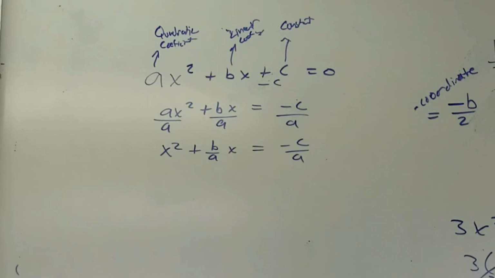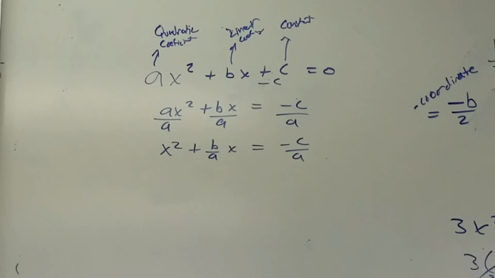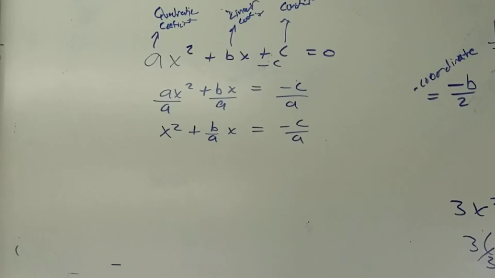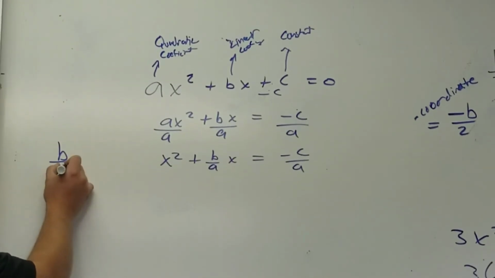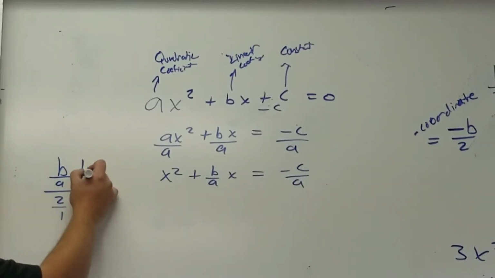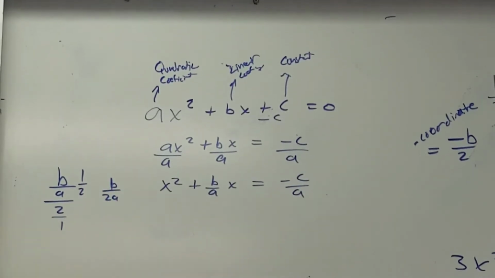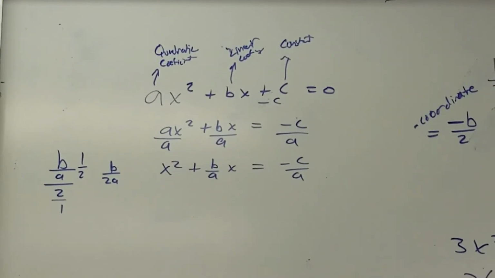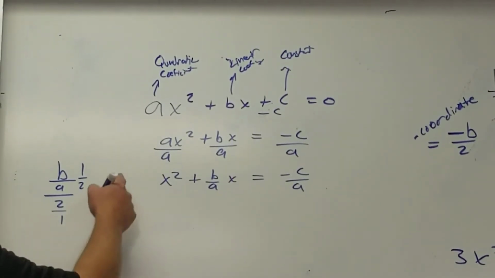Now what am I going to do? Complete the square. How do I complete the square? Take the middle term. What is the middle term? B over a, and divide it by what? 2. I'm going to flip and times that. Oh, sorry, b over 2a. By the way, does that look familiar? Yeah. When did we use b over 2a? We actually used the opposite of b over 2a to find the vertex, right? So we've actually done part of this already, but we're going to take b over 2a, and then what are